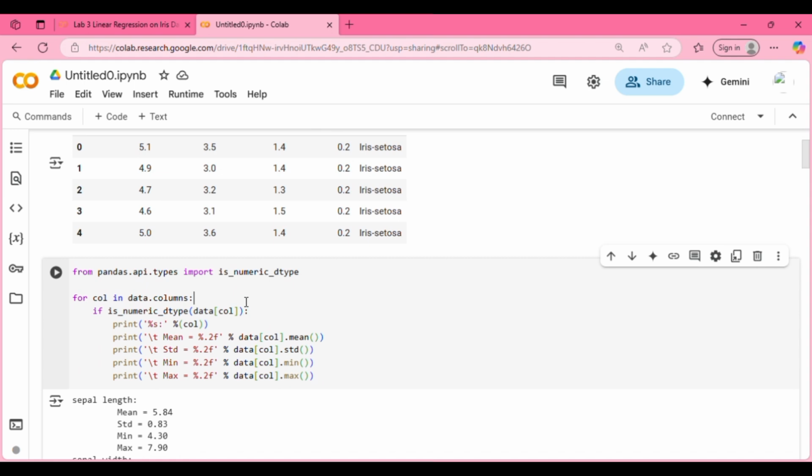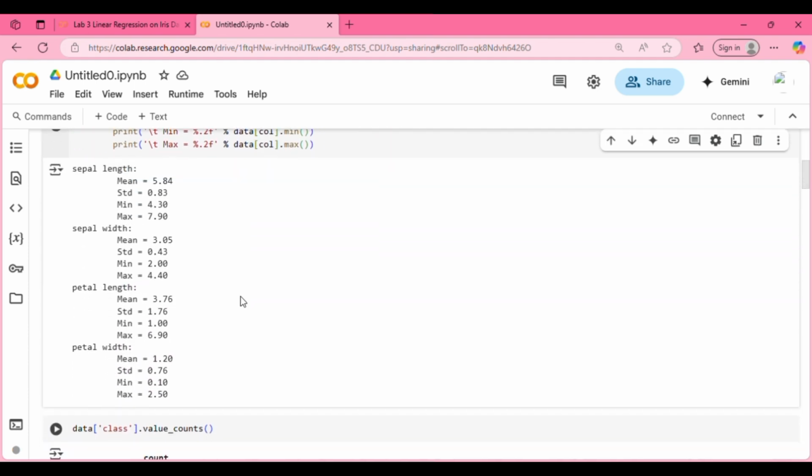And for the next code, it goes through each column of the set. It checks if the column is numeric and calculates the mean, std, min and max for each column. And for the output, the sepal width shows the least variation, but petal length and petal width show us the most variation, likely distinguishing the different species. And the maximum petal length is 6.67 cm and the lowest is 2.50 centimeters, showing most flowers have a very small petal. And that is the output.